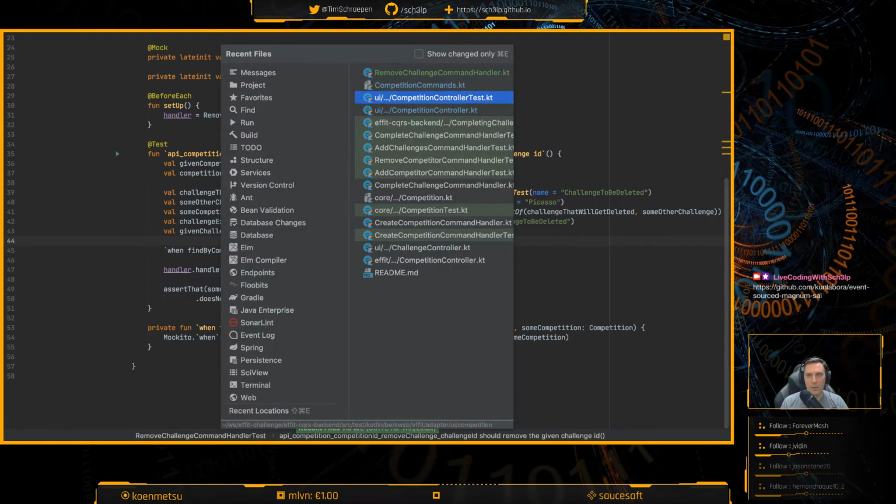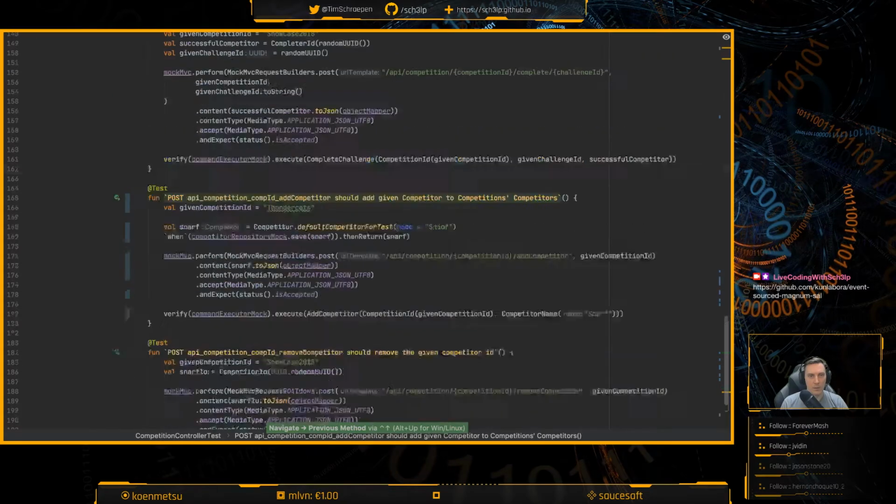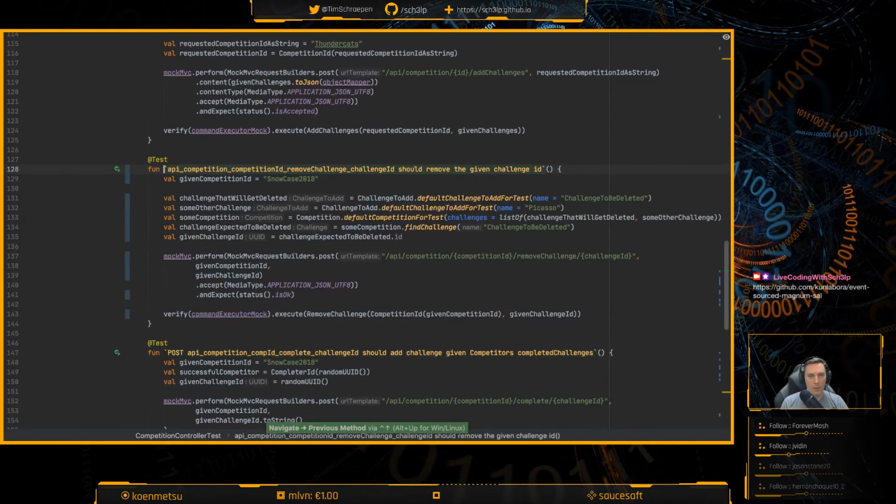The thing I didn't do yet is clean up my controller test. Where is it? Complete remove challenge. So I definitely need less setup. I just need to verify that the correct IDs are being passed. So in fact that the correct command is being created when you enter this HTTP controller. So I really only need this one and this one.